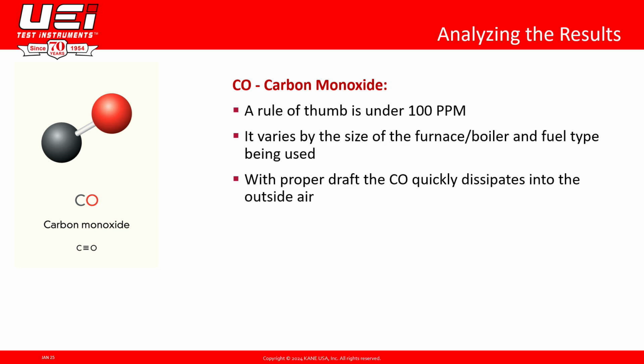As we're looking at our results, and by the way, I'm going to speak in a lot of industry rules of thumb, the general rule of thumb is if it is under 100 parts per million in the flue, you are safe. For most of our high efficiency appliances, we're generally going to see results that are 50 parts per million or less. And in some cases, because of how the filtering works on your analyzer and the efficiency of the units, you may even see numbers that are very near to 0.